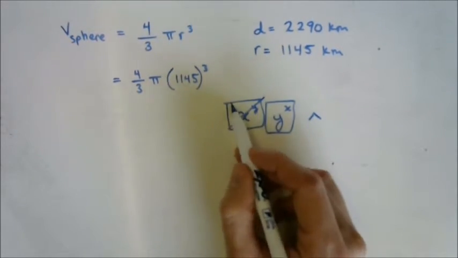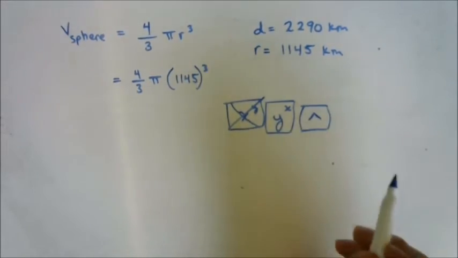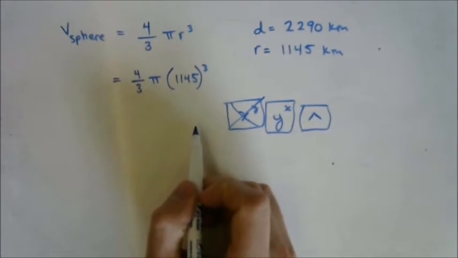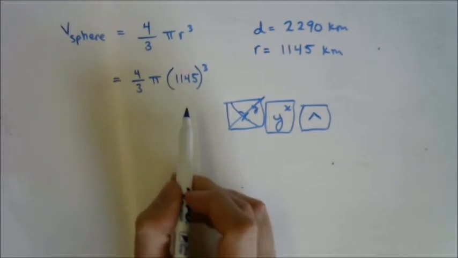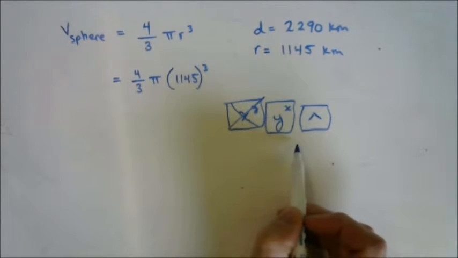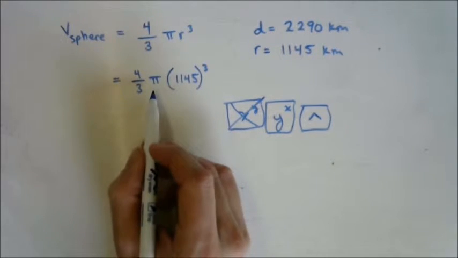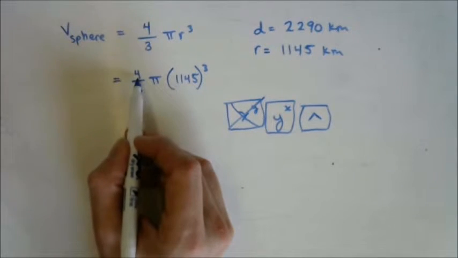Whichever, it's probably not this. It's probably this or this. Go x to the power of 2. Nope, that would just be x to the power of 2. Okay? So you need to hit 1145 and then hit your exponent button, and then hit 3. Once you have that answer, you hit times pi. Once you have that answer, you hit times 4